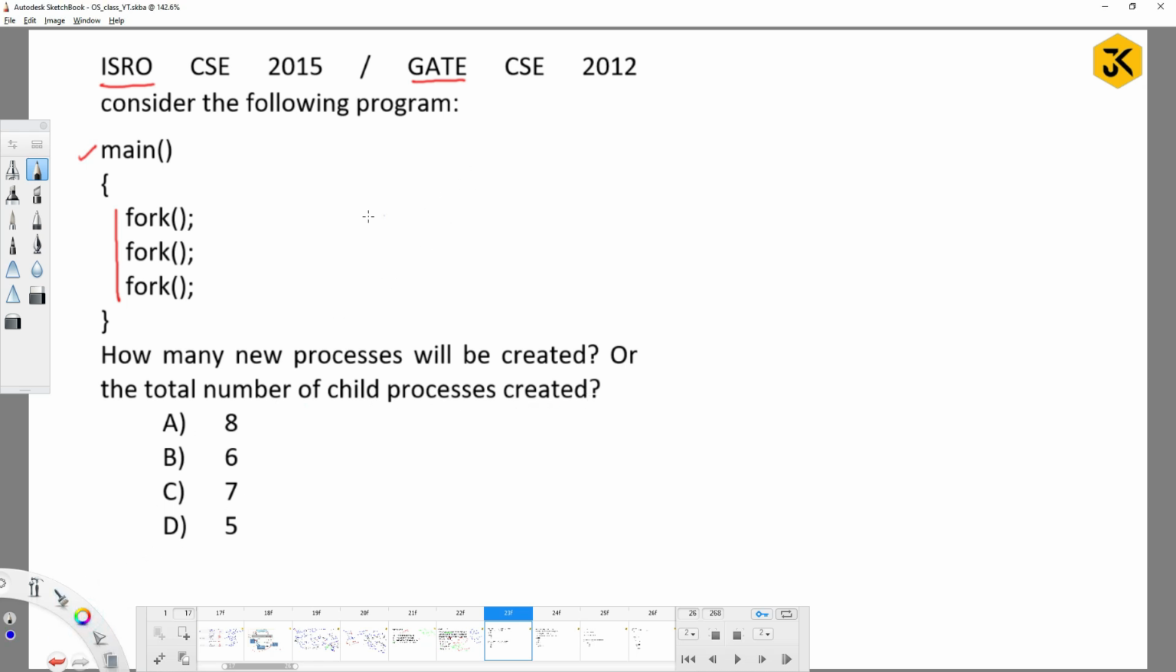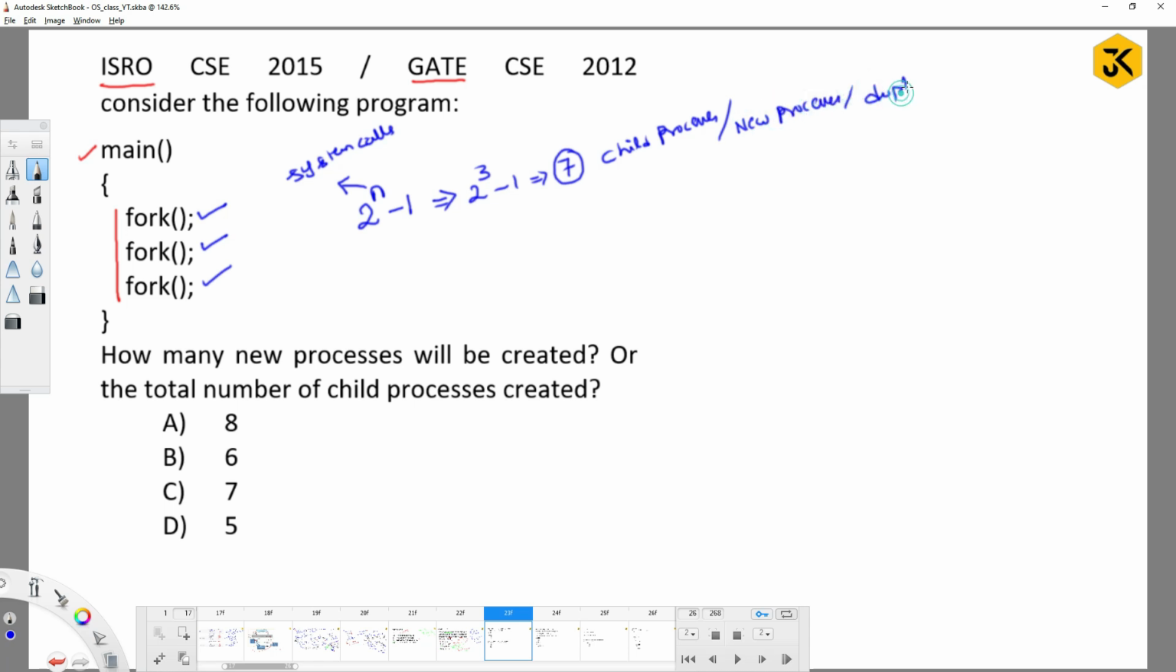Guys, for this the simple answer will be 2^n - 1, where n represents the total number of fork system calls. So what is the value of n here? Total number of system calls are 1, 2 and 3, which means 2^3 - 1 equals 7 child processes, or we can say new processes, or we can say duplicate